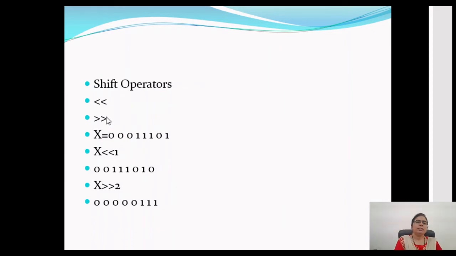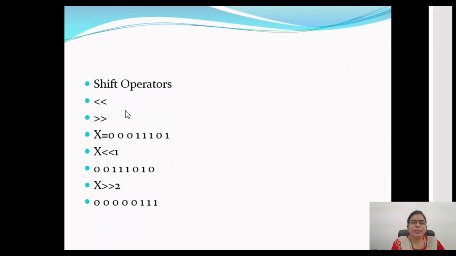Now what these shift operators do is, if the number is converted into a bit sequence, the left shift operator left shifts the bits. If we are shifting the bits to the left, then we will have vacant spaces on the right hand side, and those vacant spaces will be filled with zeros. The bits that move out from the left hand side, we will lose. If those bits are 0, then it's okay, but if those bits are 1, then we will definitely lose those bits. These are also binary operators, and in the very same way, the right shift operator also works.